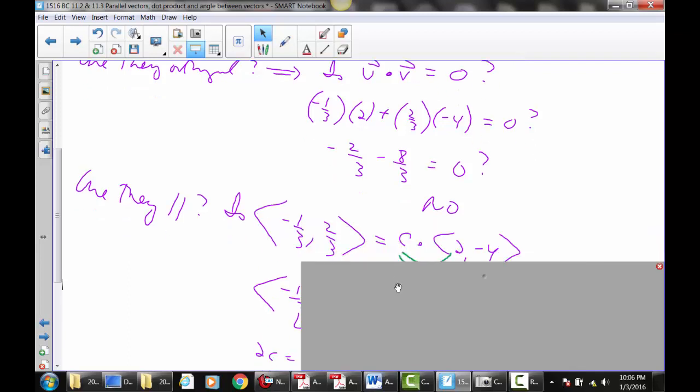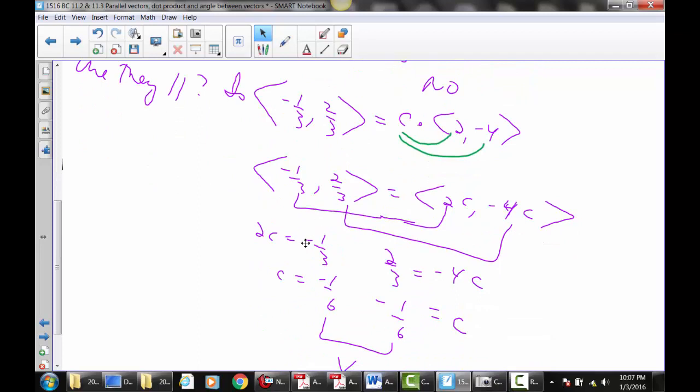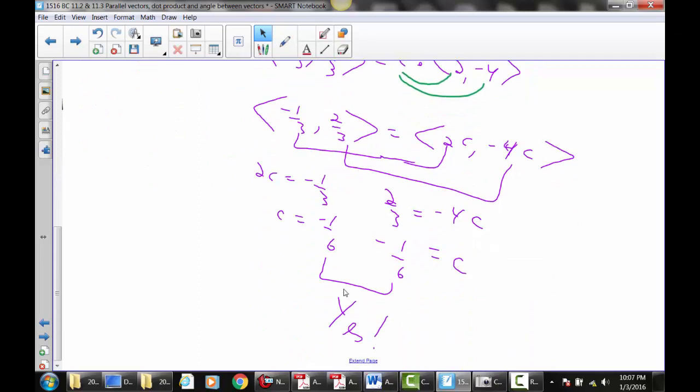Are they parallel? That would require one of the vectors to be a scalar multiple of the other vector. So multiply the scalar c through, set the x components equal, the y components equal. If you end up with the same value of c, which we did, the